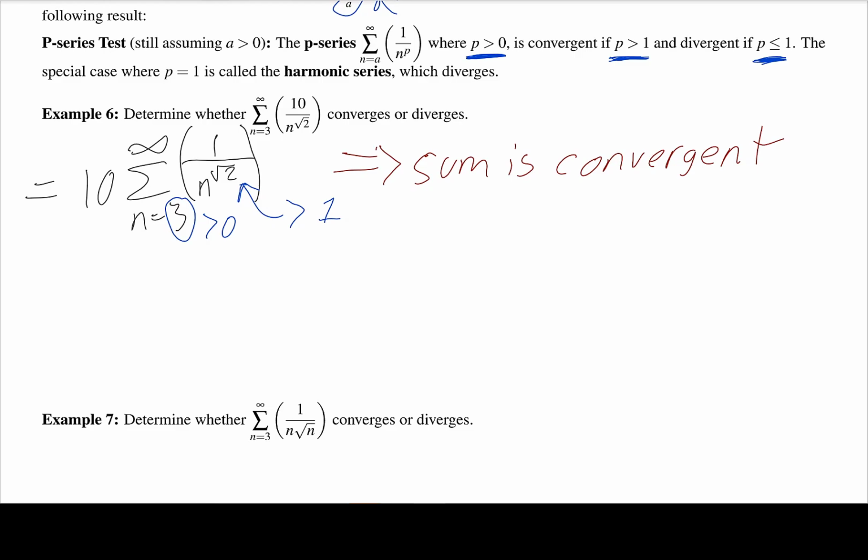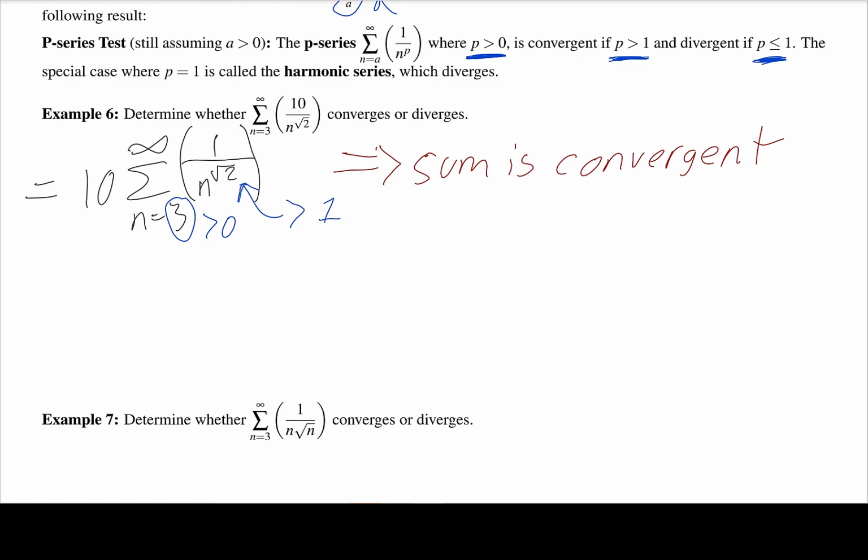Right? So this is also another very nice test to use. Just like the test for divergence is very quick, this one's also really quick. If you get something that looks like a constant over n to some constant exponent, then you can pull that constant on top out, compare that exponent, if that exponent's greater than 0, then we'll automatically know if it converges or